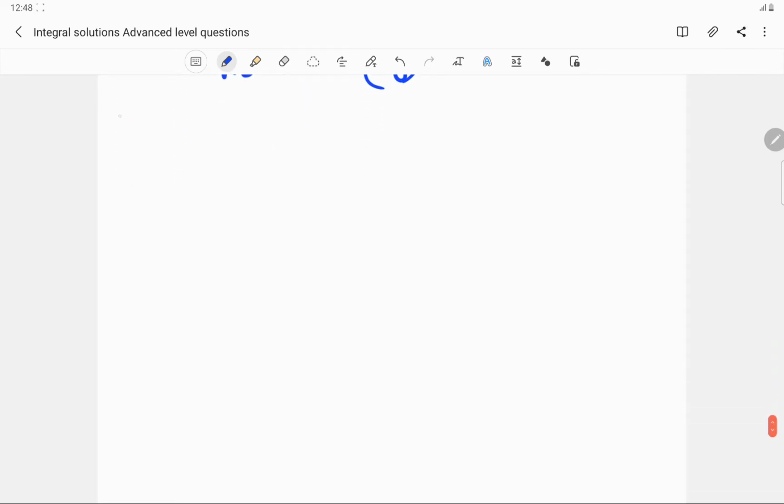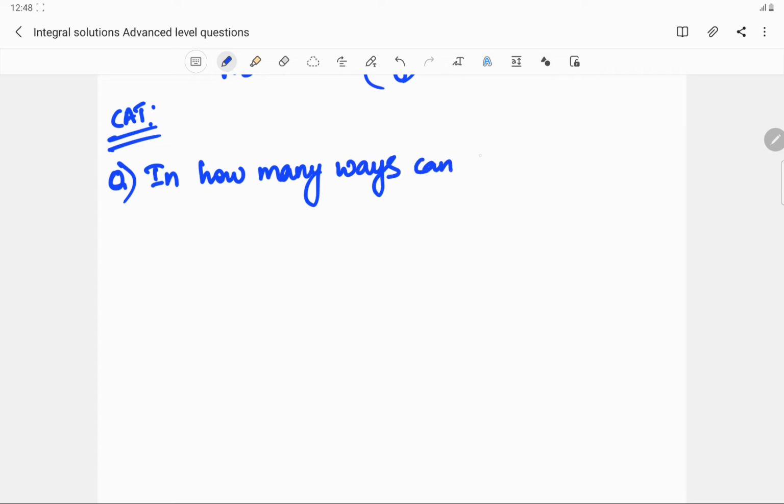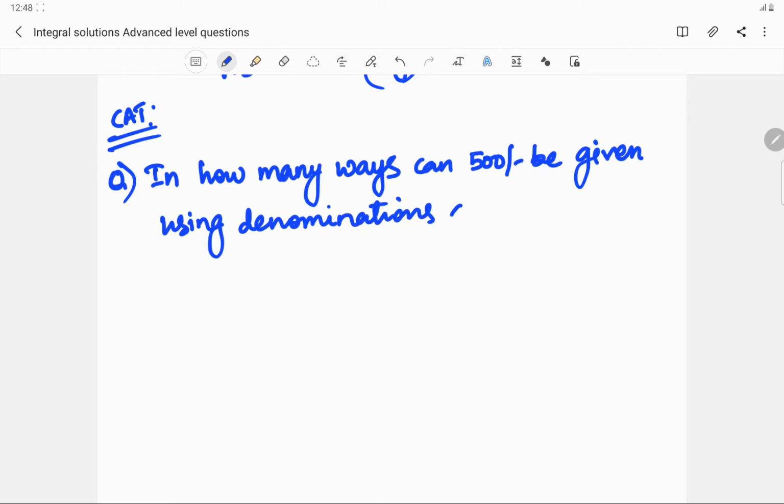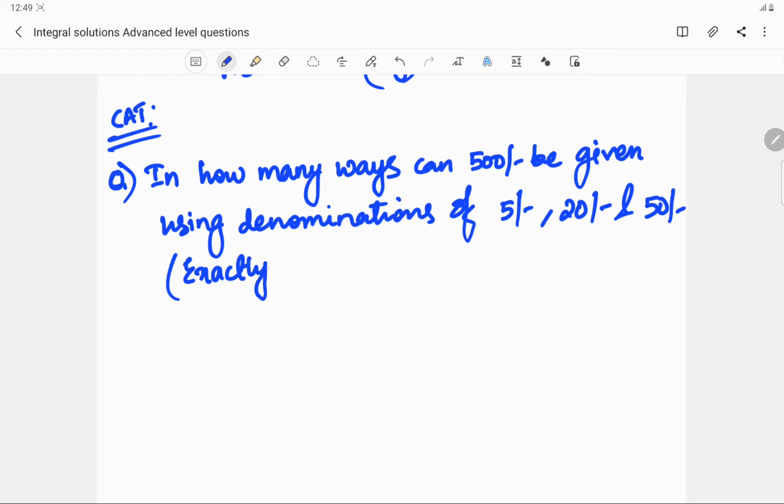Now let us look at a CAT question. The question is, in how many ways can 500 be given using denominations of 5, 20 and 50, and one condition given in the question is he has to give it in exactly 20 notes. So